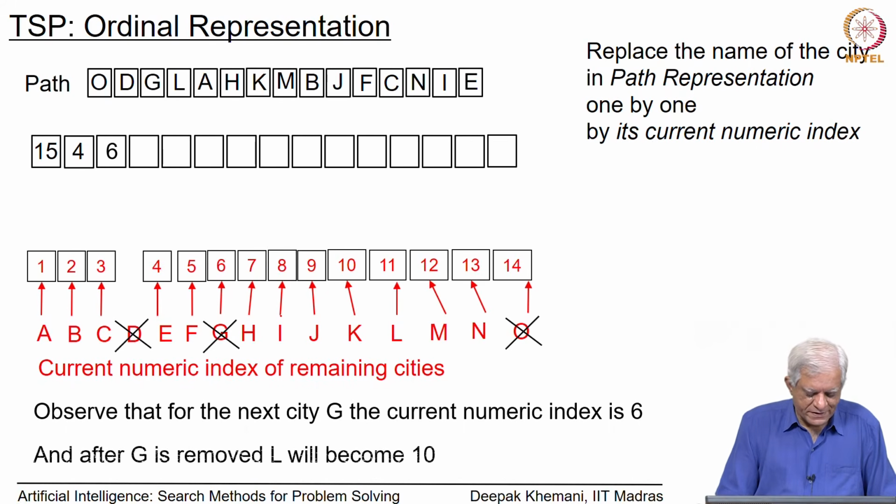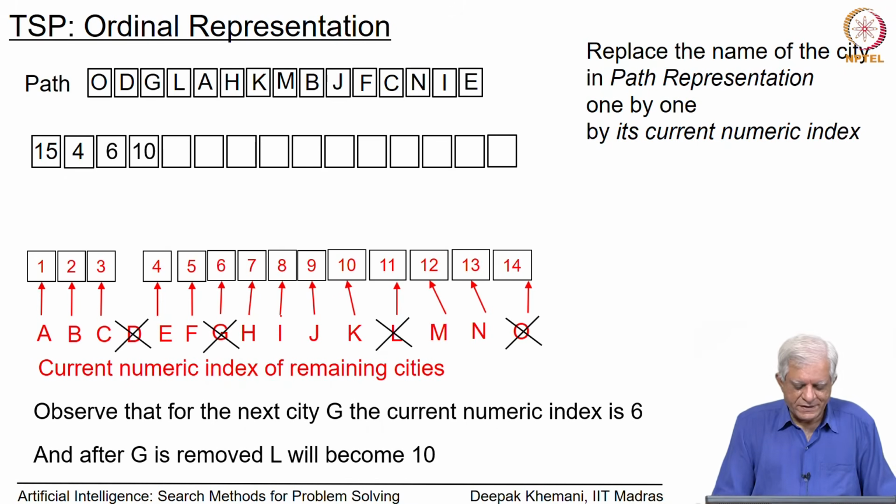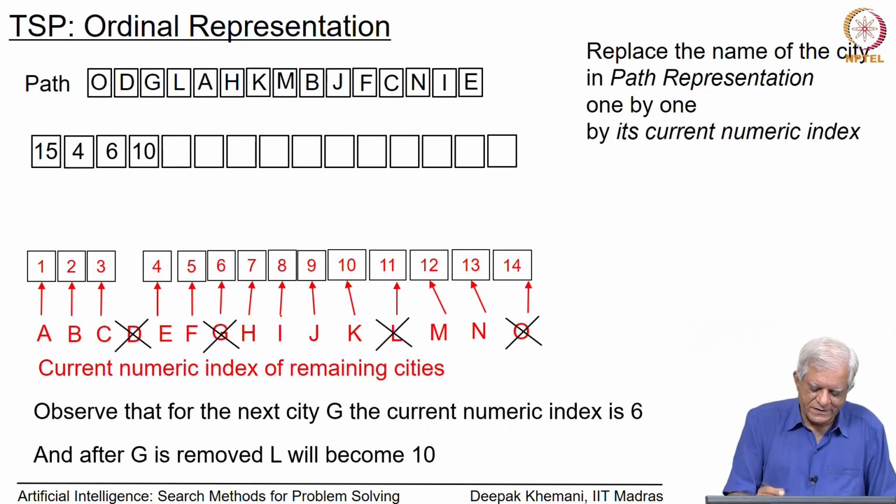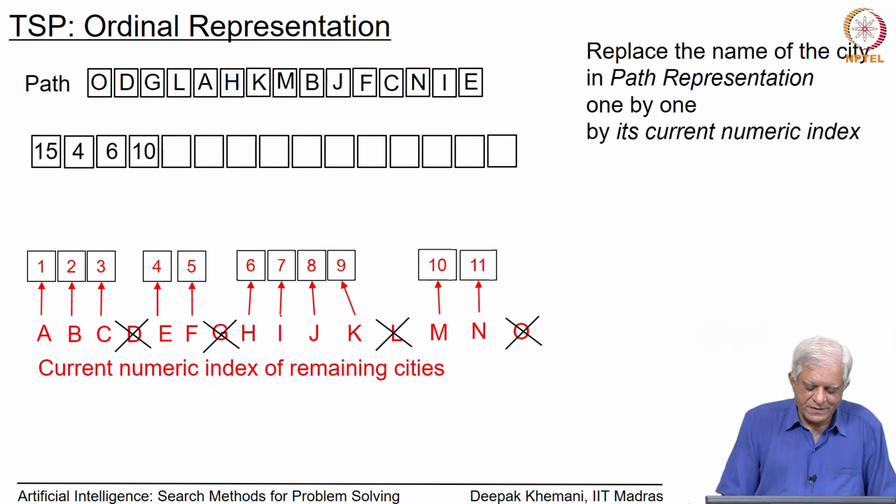So, everybody beyond G would change by 1. After G is removed, L will become 10. Initially L is 11 in this diagram, but after we have removed G, it would become 10, and therefore we would copy 10 into this city. So, we repeat this process. I will not go through the change in the index diagram, but you can imagine what would happen subsequently. We have entered 4 cities here, O, D, G and L, and this is what the index